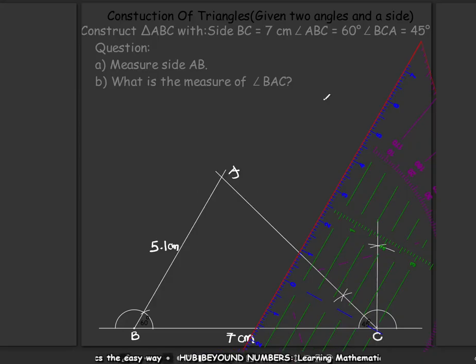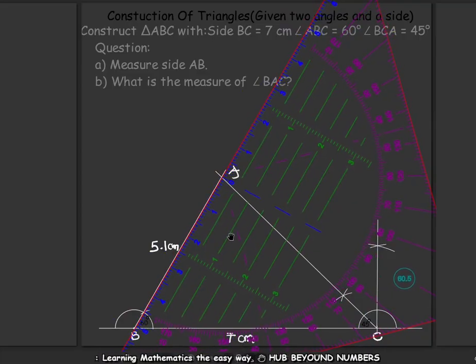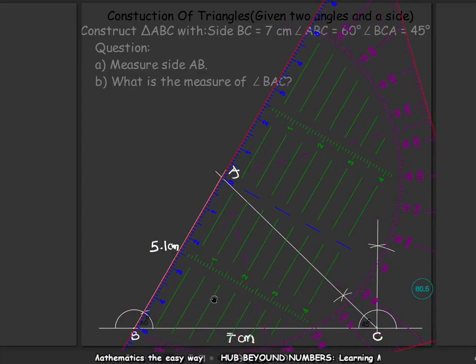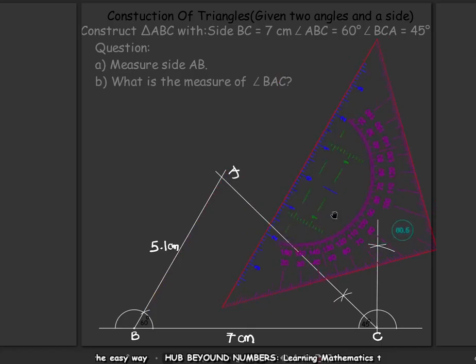Then the next one says, what is the measure of the angle at A? That is BAC. If I want the measure of my angle, I'm still going to use my protractor, right? And this time around, it appears I'm going to use my outer calibration. So starting from 0 over here, we have 20, 30, 40, 50, 60, 70. You can see it right in between 70 and 80. That is 75 degrees. So my angle over here is going to be what? 75